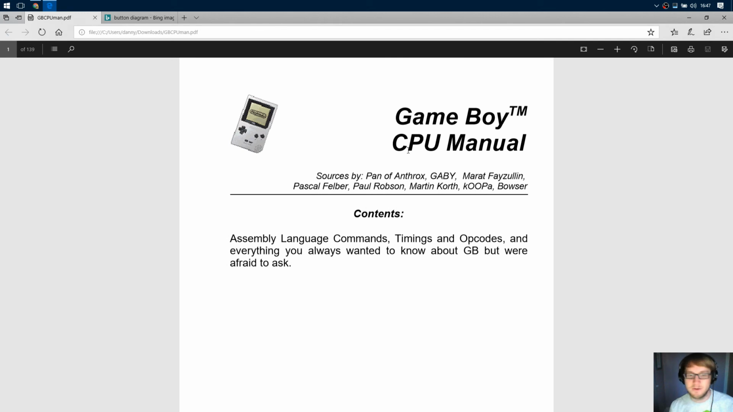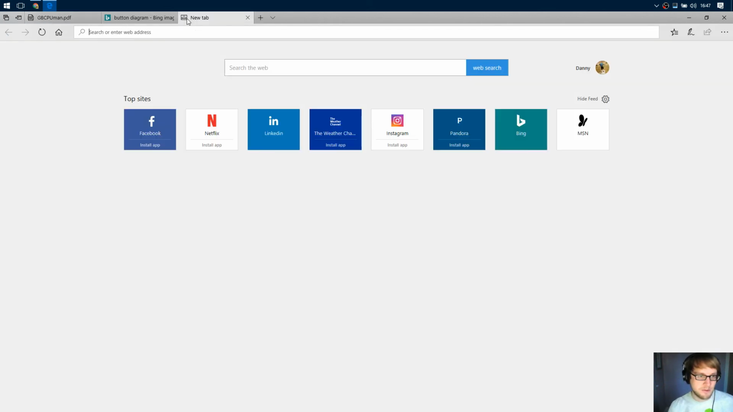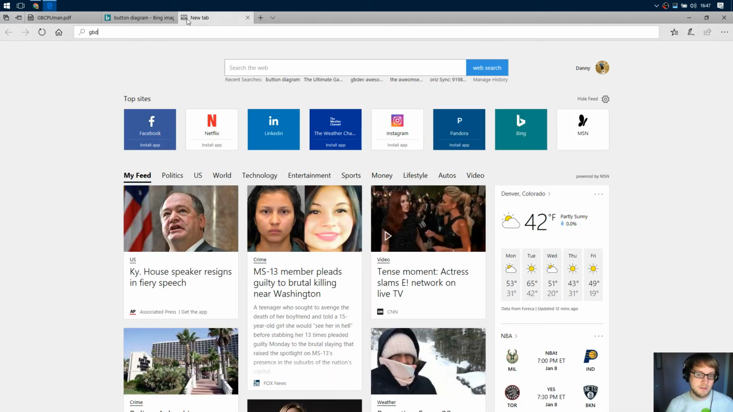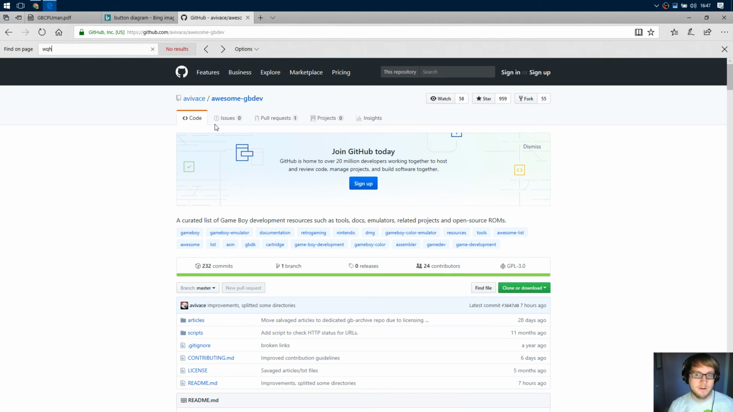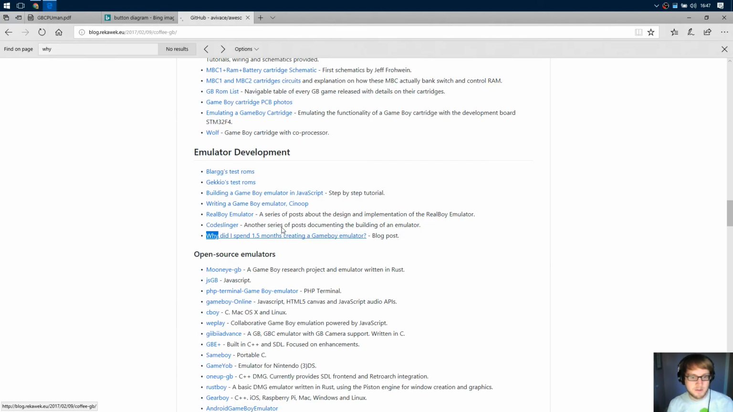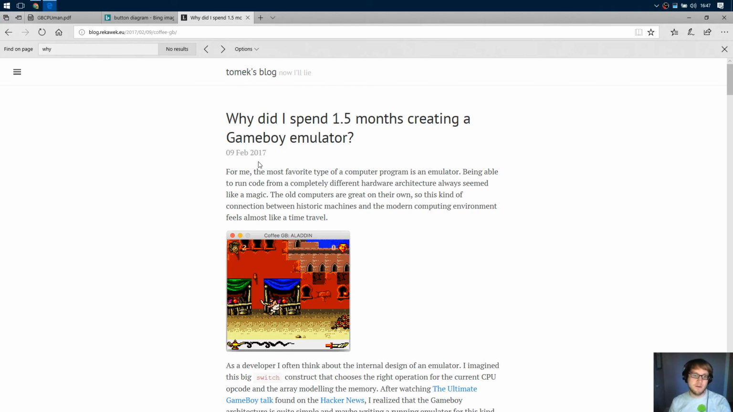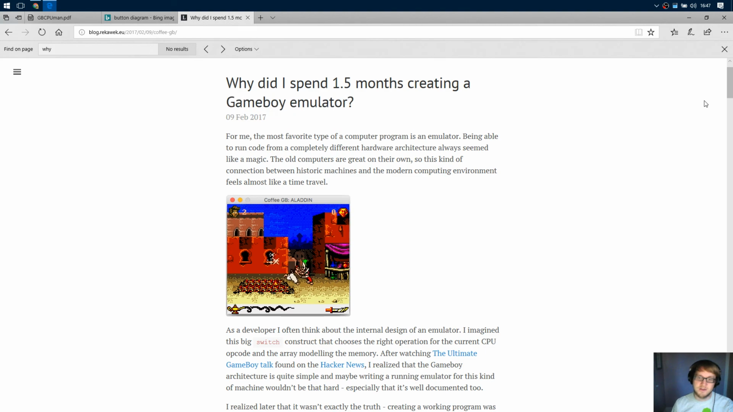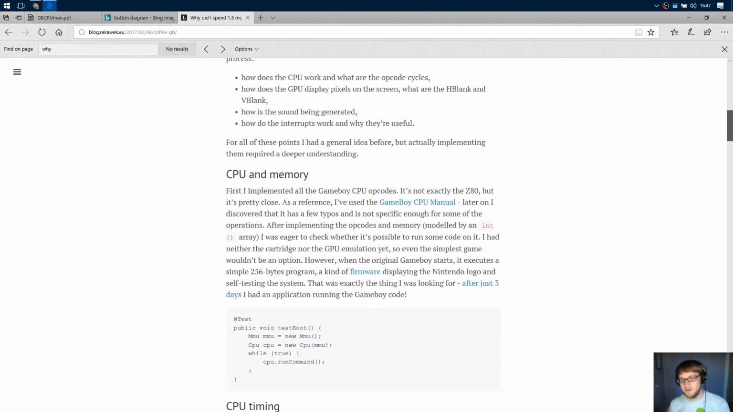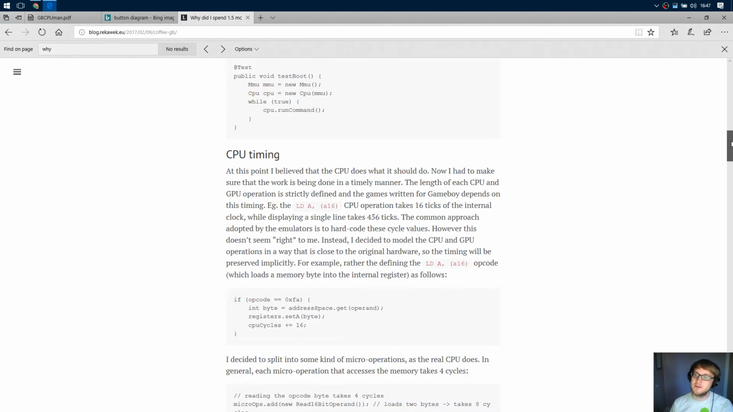Emulators are just fun to write. There's actually a really good blog post on this. It might be on this page. I'll see if it is. It's called like Why I Wrote. Why did I spend 1.5 months creating a Game Boy emulator? And he goes into a lot of detail on like, why did he do this? His family and friends are watching him, like, there's ones that already exist that are really good. It's like, yes, but like,